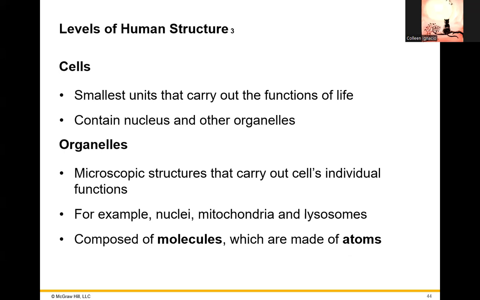Now, cells are the smallest units that can carry out the functions of life. And cells contain a nucleus, that's where the DNA, the genetic material, is stored, and also other organelles. In the next chapter, we're actually going to talk about the cell and the organelles. So these organelles, they are microscopic structures, and each of these organelles has a specific job, okay? Now,